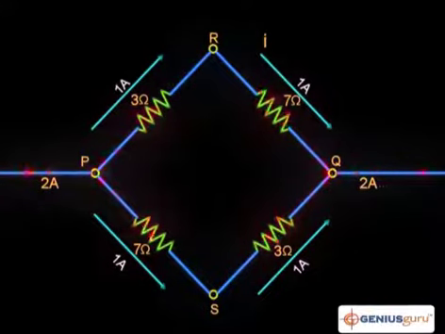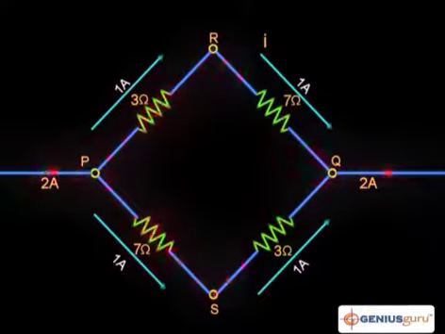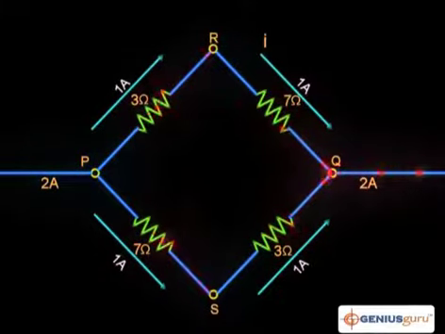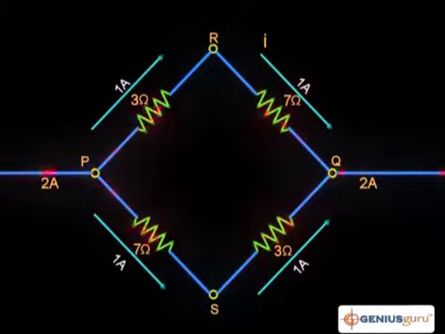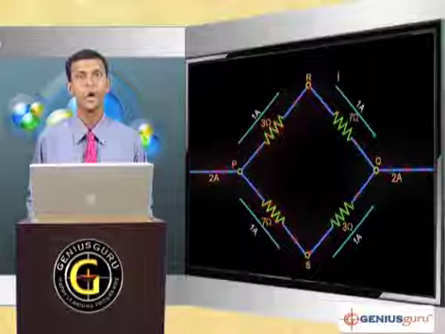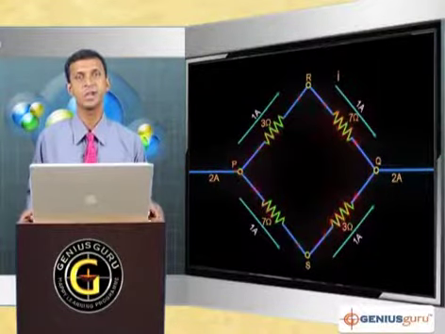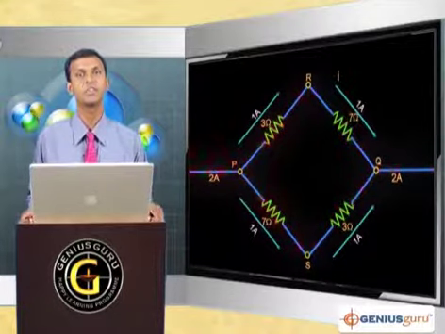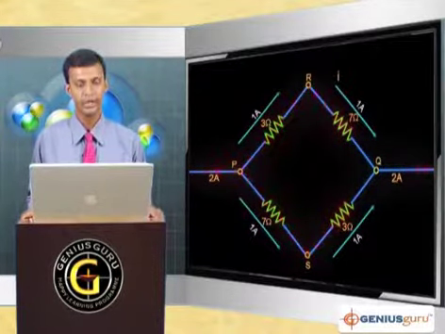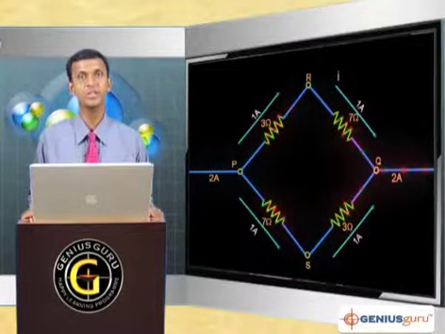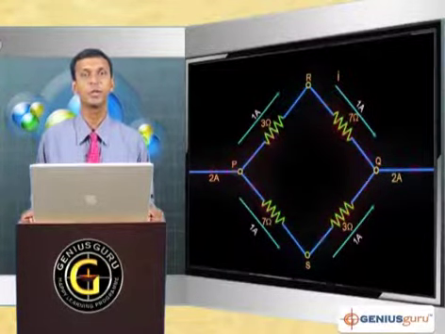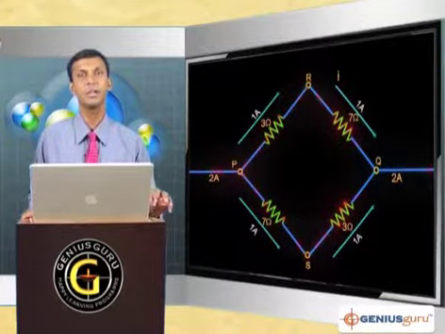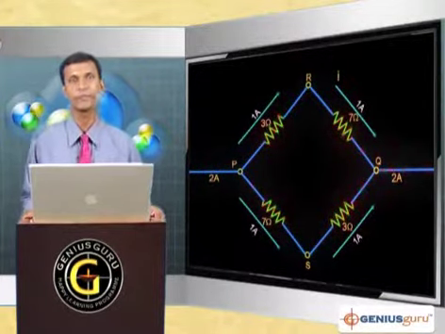Whenever a question is given to you with a circuit consisting of a Wheatstone bridge, the first step you have to do is check whether the circuit is balanced or not. How can you know the circuit is balanced or not? By taking P by Q equal to R by S, we can know whether the circuit is balanced or not. Here 3 by 7 is not equal to 7 by 3, therefore P by Q equal to R by S is not satisfied. Hence the given circuit is not a balanced Wheatstone bridge.